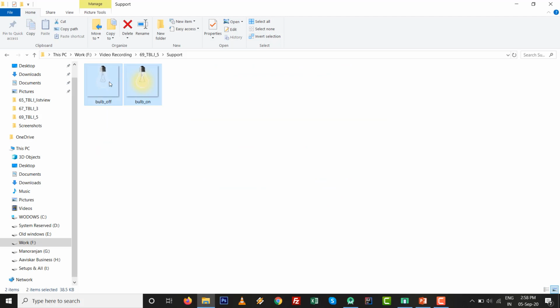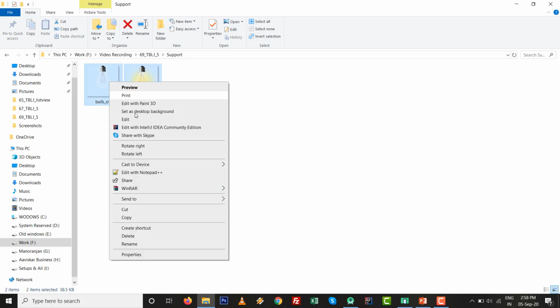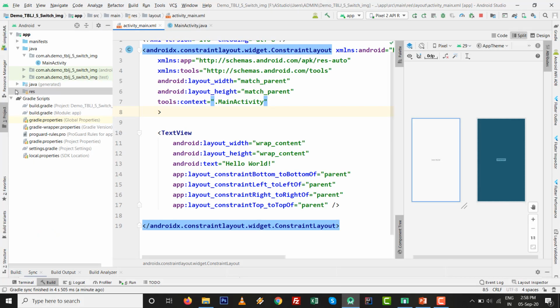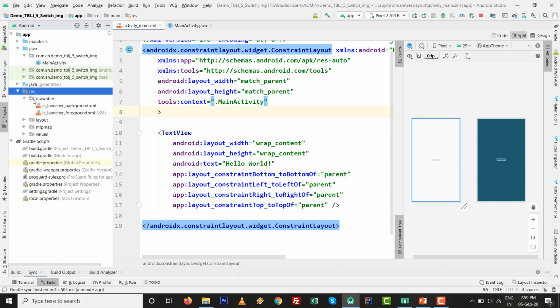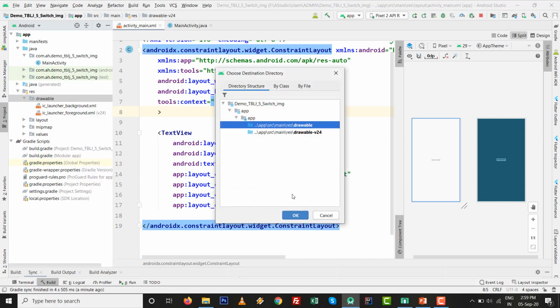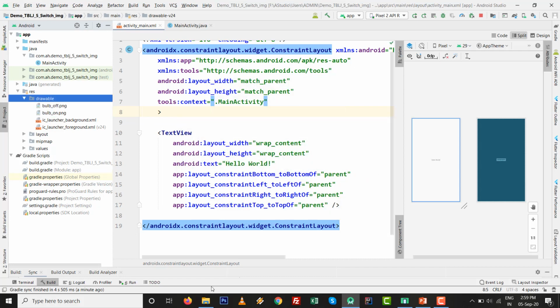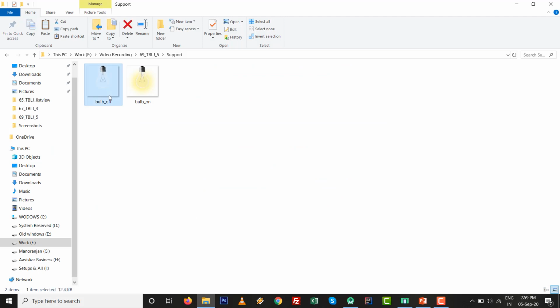I copy them with Control C and paste them into the drawable folder: inside res, right click on drawable and paste. I paste these two images, and you can see the bulb off image and bulb on image are there. You can get them on your own from your repository.